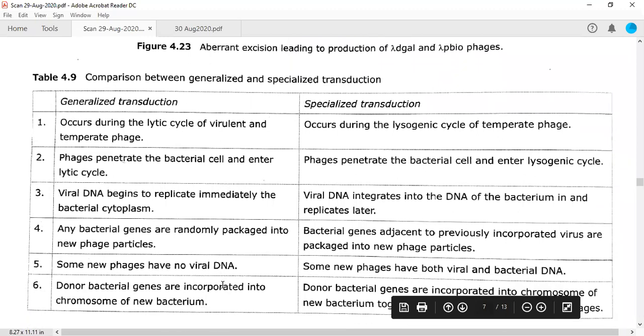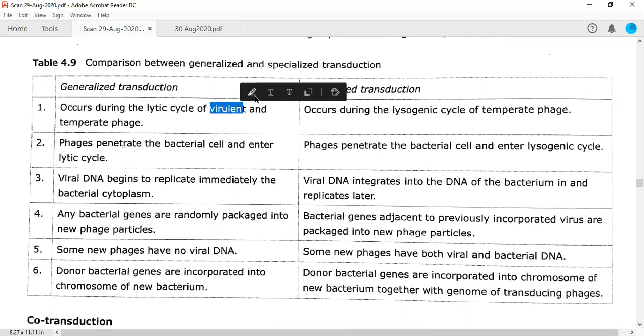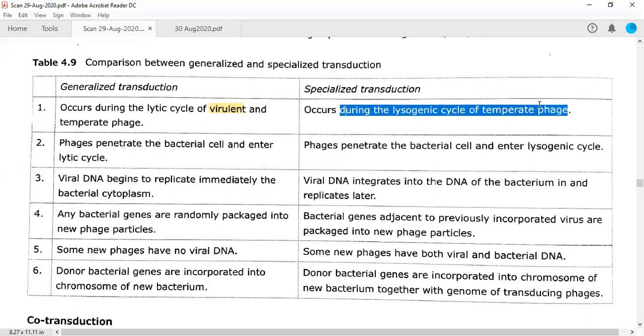We have discussed the differences yesterday also, so let us quickly go through them. We have seen generalized transduction as the transduction in which any random fragment of DNA or the bacterial chromosome can be transferred from one bacterial cell into another bacterial cell. Generally, this happens with the help of virulent phages, or when temperate phages are showing the lytic cycle. But specialized transduction is different because it always involves temperate phages and occurs during the lysogenic cycle of the temperate phages, right? Because during this cycle, the